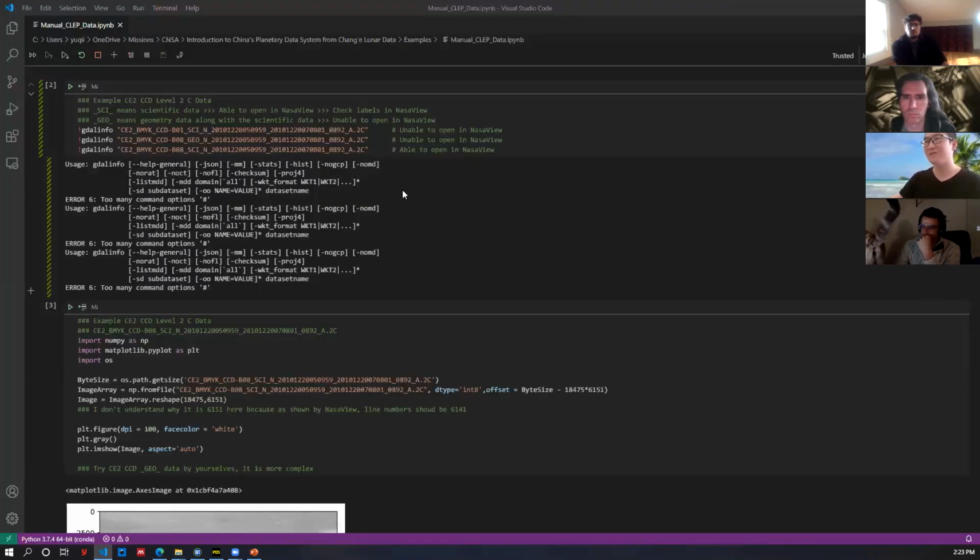So here is my code. First of all, we want to take a look at the Chang'e 2 CCD level 2C data, and because the Chang'e data are arranged in PDS3 or PDS4 format, I want to take a look using GDAL, and GDAL tells us this data here cannot be opened in GDAL. But we have another tool because they are arranged in PDS3. As I mentioned earlier, Chang'e 2 data are arranged in PDS3 format, so we can try another tool, which is NASA View,